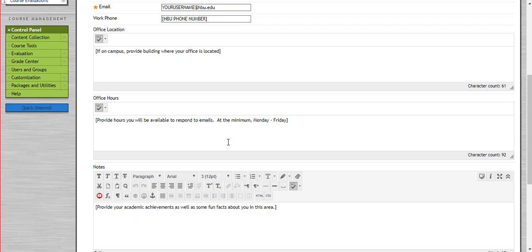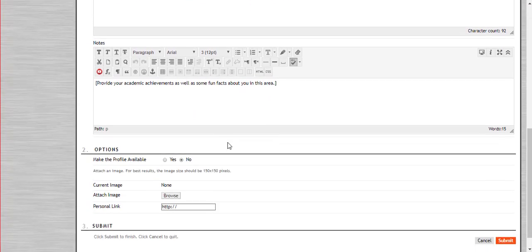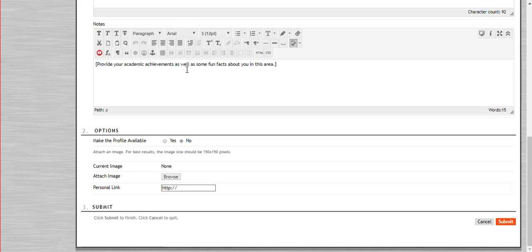Now, office hours is where you would indicate your availability to respond to student communication. Now, remember that there is a 24-hour turnaround time to respond to student communication, so really you're available every day of the week. But you may input preferences here, such as you prefer to be contacted through email because you have a quicker turnaround time on that type of communication. There's also a notes section where you will indicate what type of educational experience you have,